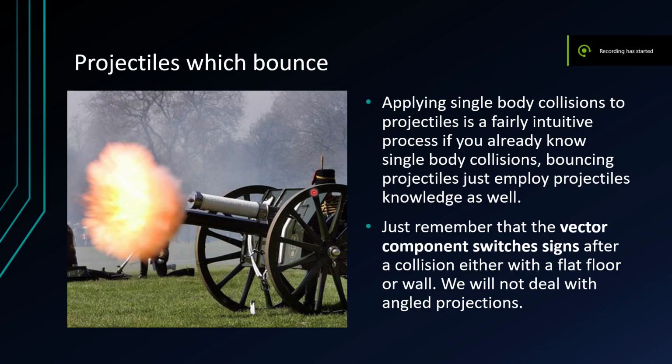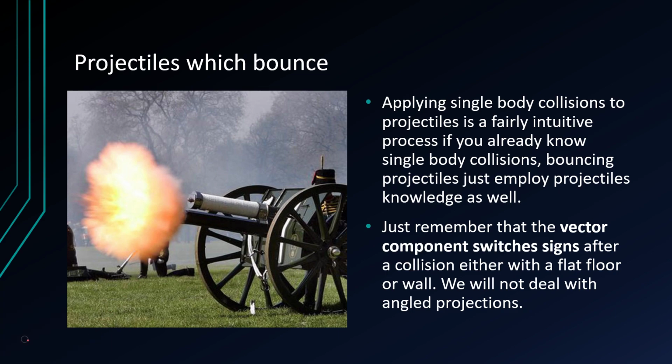So we're now going to look at examples where projectiles and projectile motion is combined with collisions. So we can apply a knowledge of single body collisions to projectiles which bounce. The key thing to remember, the same thing as with normal single body collisions, is that the vector component switches after collision with either a flat floor or a wall, and we won't be dealing with projectiles that land on